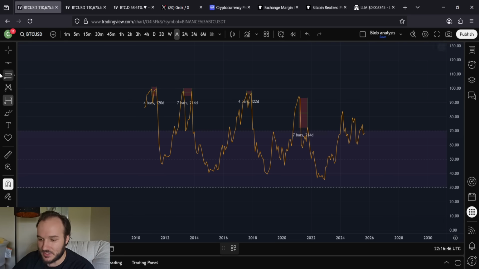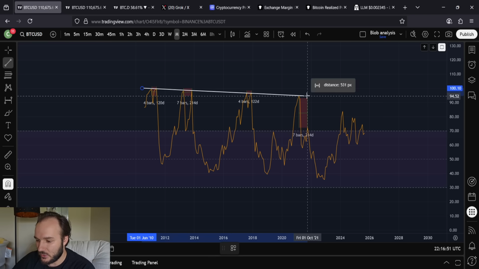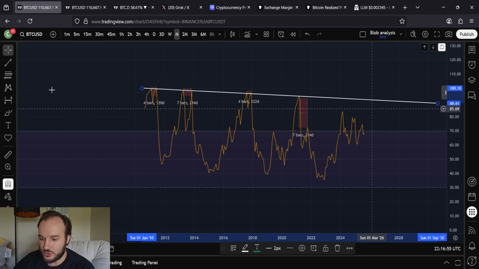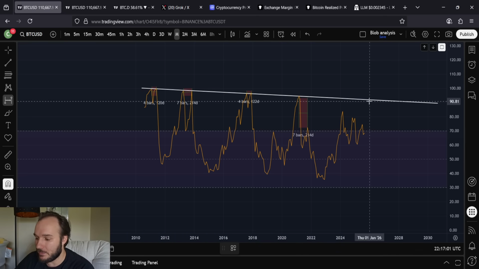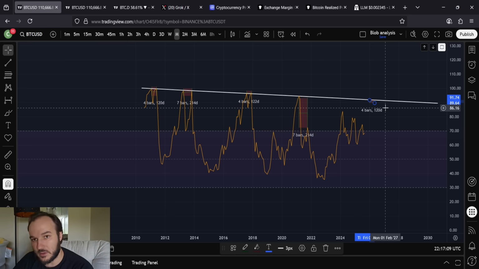Maybe that's a coincidence. Maybe it's not. But all I presume to believe here is that whenever it comes time to interact with this trend line, whenever that is, right? We thought it would happen in June. We thought it would happen in August. We thought it would happen this month, whatever. But it's taken its sweet time to get there. But whenever it does happen, which I think will be by the end of this year, we can safely assume that we will probably have anything from 4 months to 7 months left of the bull cycle.